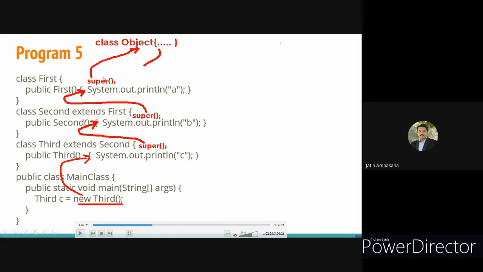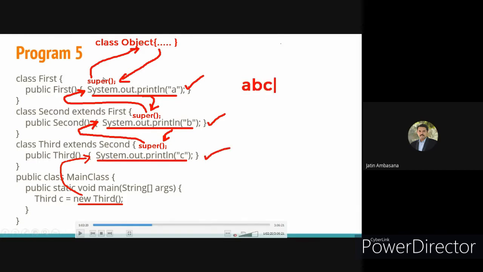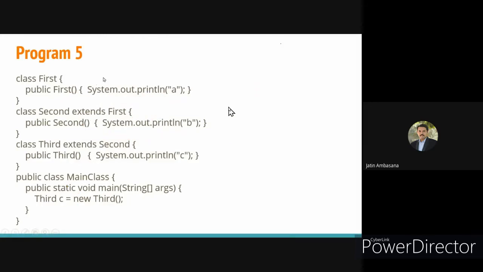From there it will return, and so this will execute first. Then from there it will return. Then this will execute second. Again from there it will return, and this will execute third. And so the output is basically A, B, and C, in this sequence. You see that? Okay. So that's right, Dhruval and Hita, you are correct.